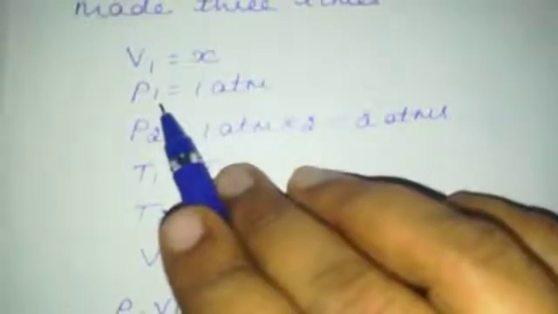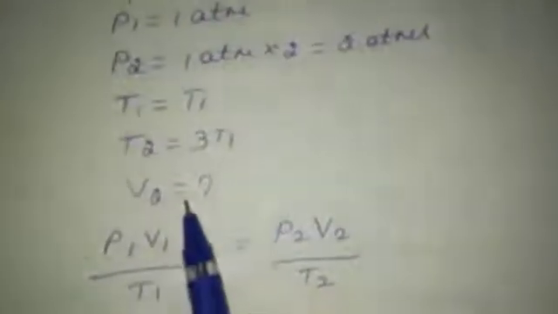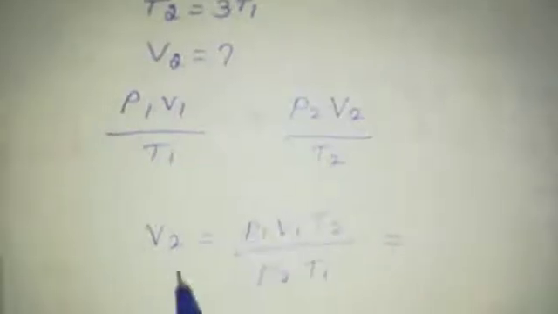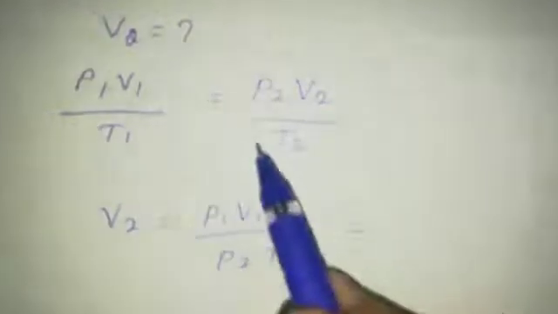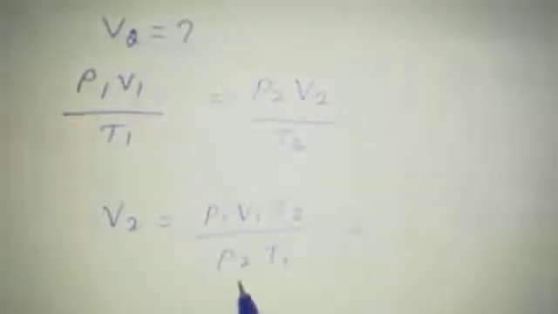Let us keep it as X, and pressure value, your initial value, we are taking as a standard 1 atmospheric pressure, and P2 value is, they have given here, the pressure originally at STP is doubled. So you are multiplying by 2 atm. And its temperature is made 3 times, so temperature T2 equals 3 into T1. Now V2 we have to calculate, make use of the gas equation, P1V1 by T1 equals P2V2 by T2. So V2 equals P1V1, cross multiply T2, and you are calculating V2, bring this T1 here, so divided by P2 T1.